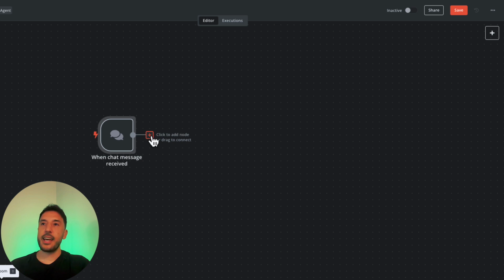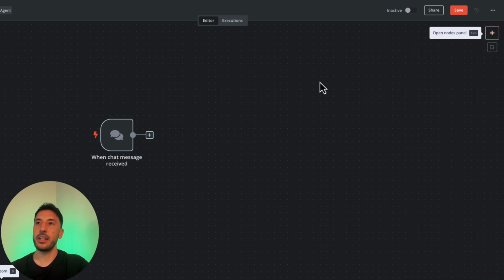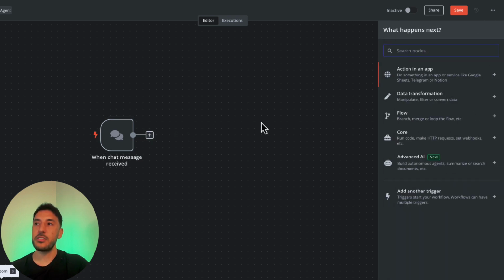On the right hand side, this is where you can connect nodes to this particular node, right? Clicking on it is the same as going right here and clicking on it, meaning this will now open up what happens next. That's what gives you the flow that tells you, hey, add another node, because we've already had a trigger, so it already recognizes that. So now we can add additional nodes.